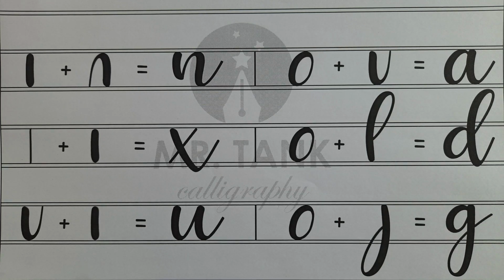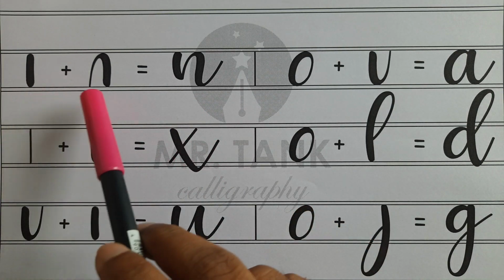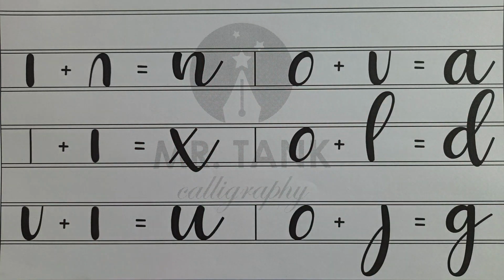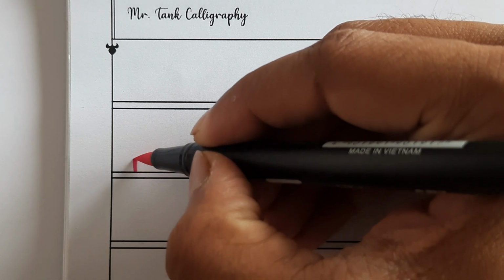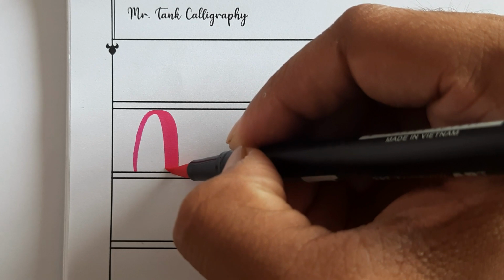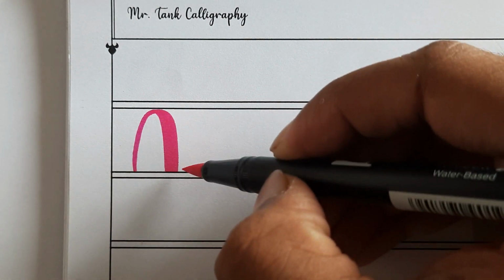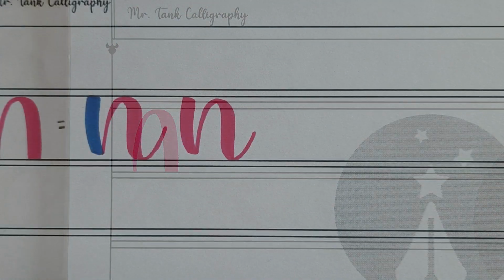And now here you can see some examples, and you can see the structure of the letter, like downstroke and overturn is equal to letter N. So here is the structure of the letter, and this is the example. So here we are doing overturn, up and down. So upward with light pressure and downward with heavy pressure. So here is the overturn.